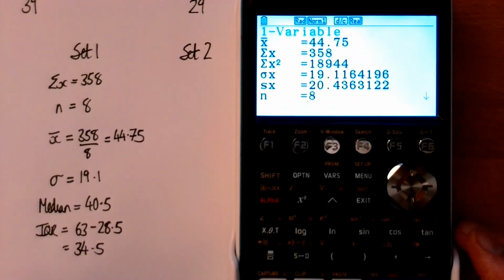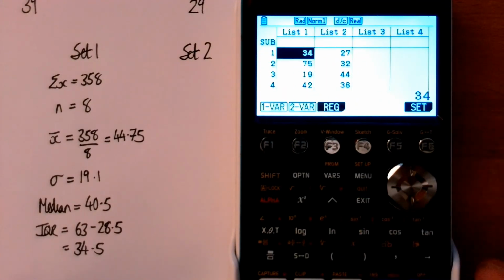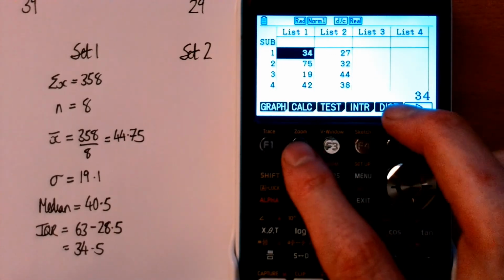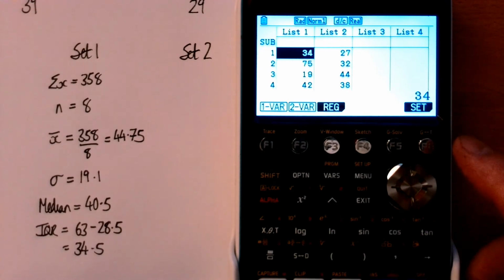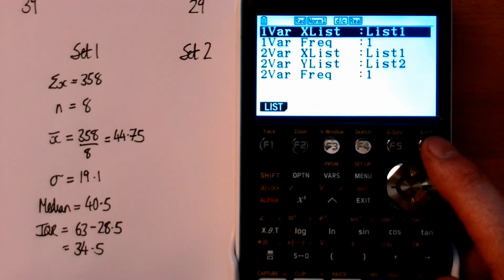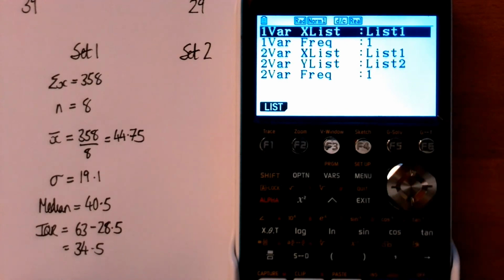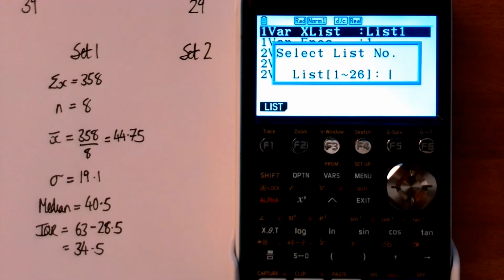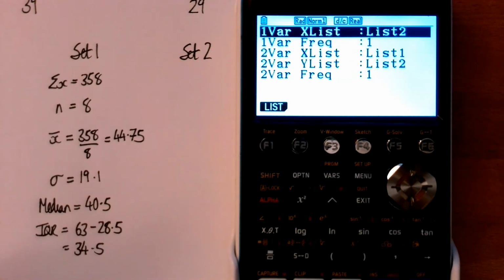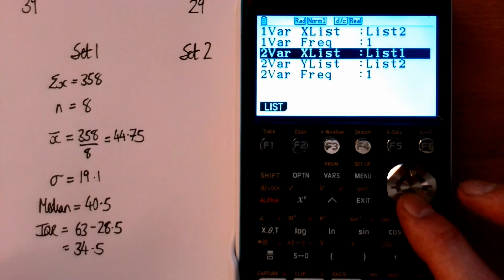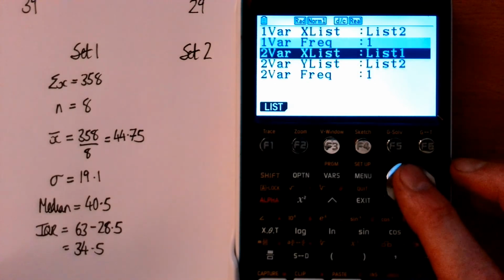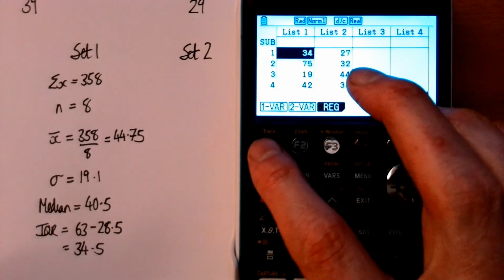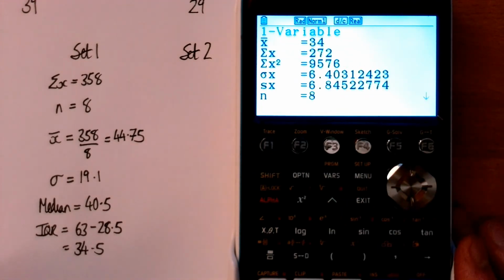So for that, I need to exit to get back to the list, and only exit once, not exit twice. If you do that, you need to go back to calc, and I go to set, and now I want list 2 to be my x value. So what I do is I highlight that, and here it says list, so list 2, still frequency. I don't need to worry about the 2 var stuff. Just press exit to get back to the data, and then 1 var, and there are the equivalent values for